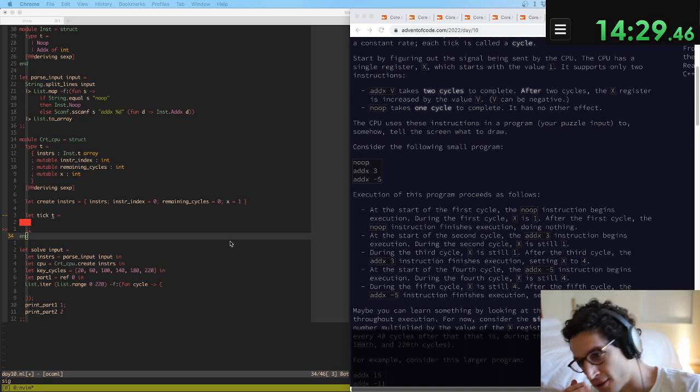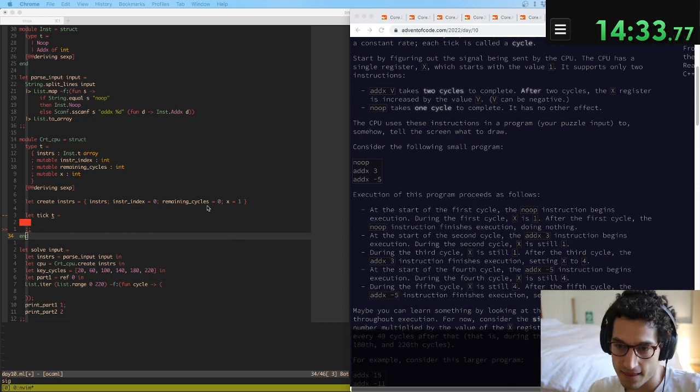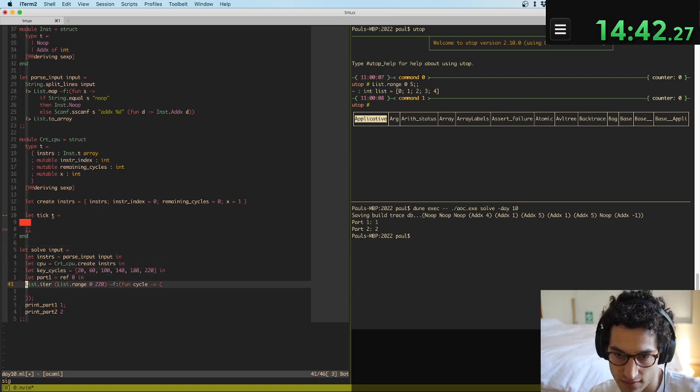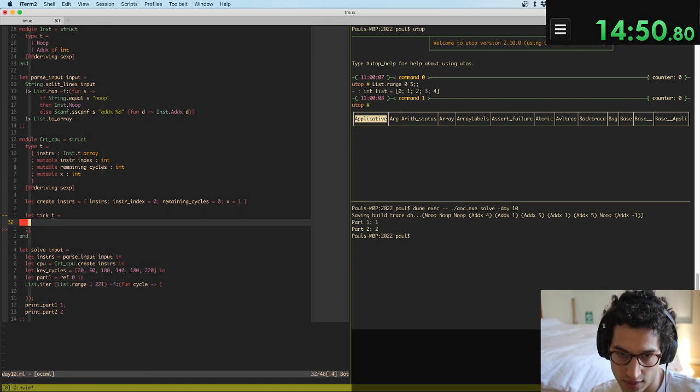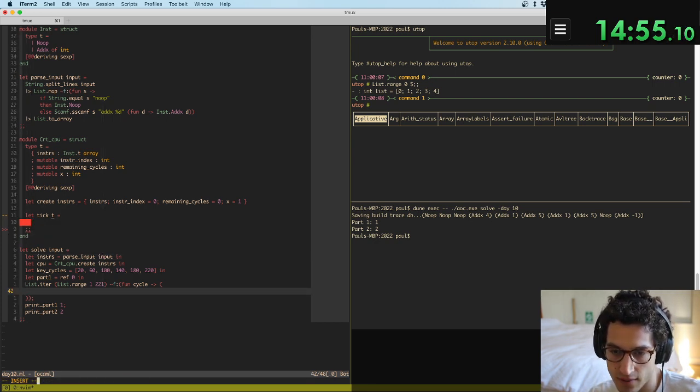Okay, so how do I set up this first tick? Or do I just have the cycle number be 1? Okay. If list.mem